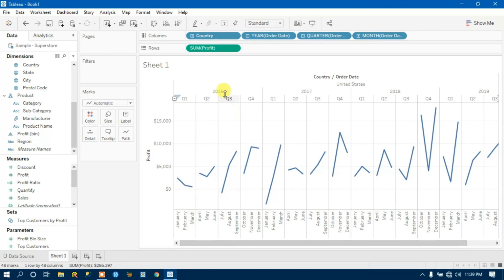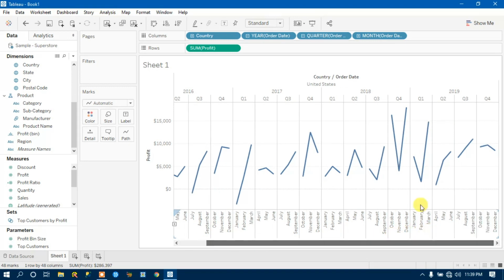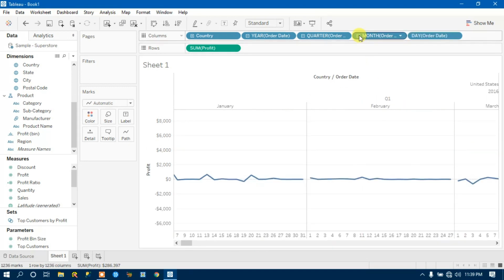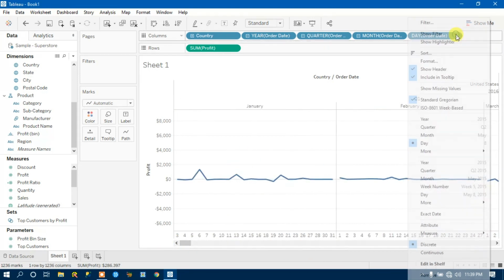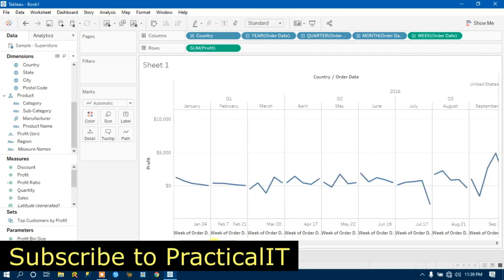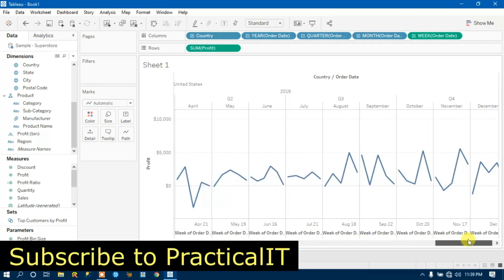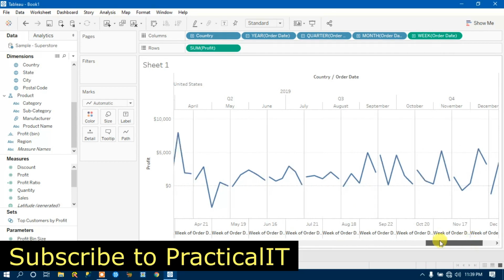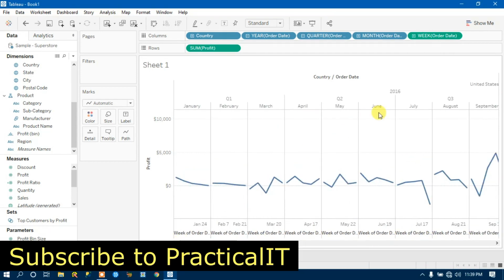We have 2016, 4 quarters and their respective months. In a similar fashion, if I click on it, it will give me the day by day trend, right? If I want to convert this day into a week, you can convert it into a week number. So it will give me a week wise trend per quarter, per month and per year, right? But this is not the correct way of visualization.